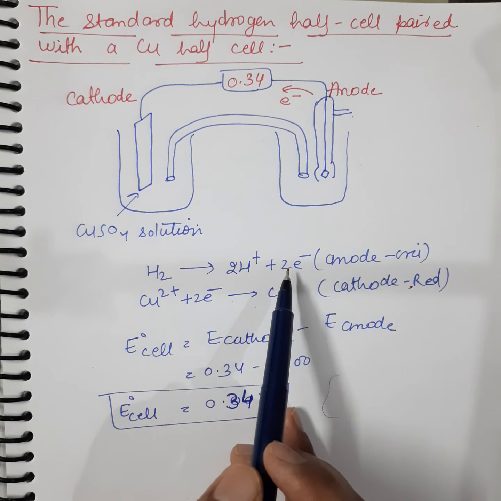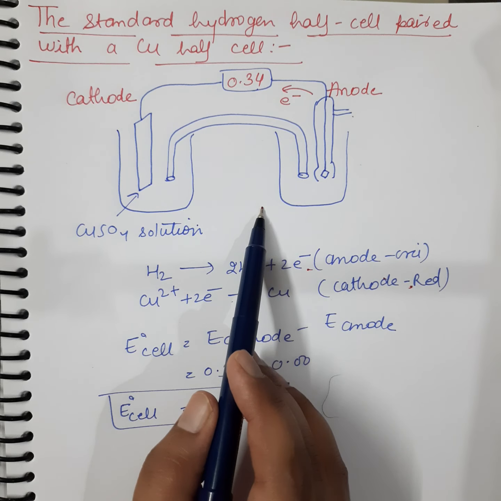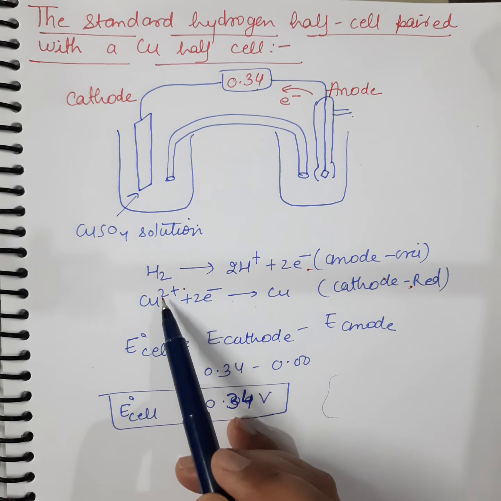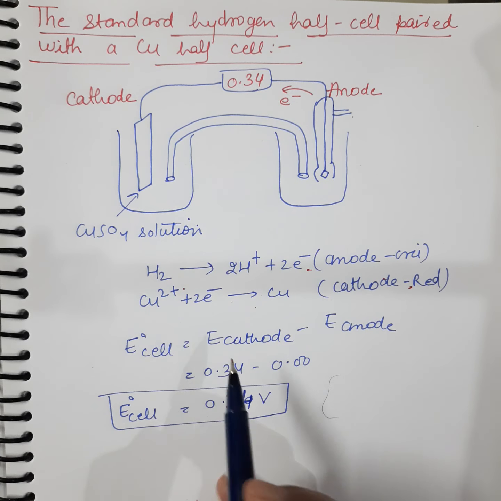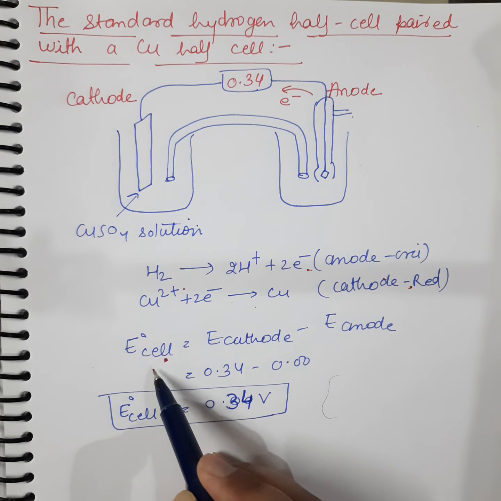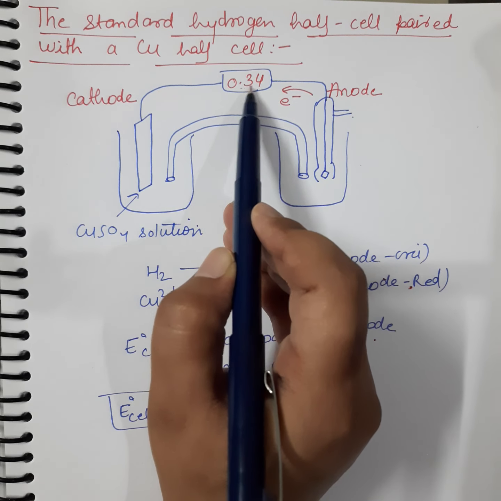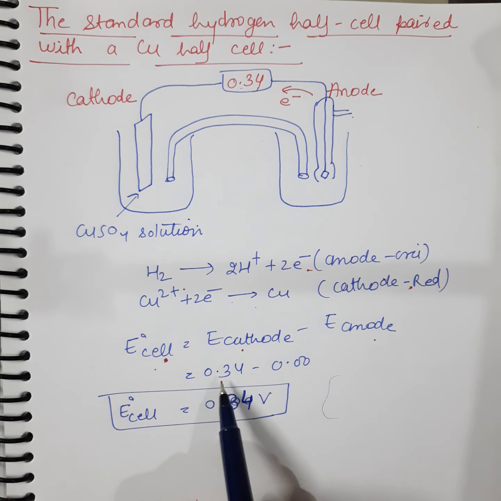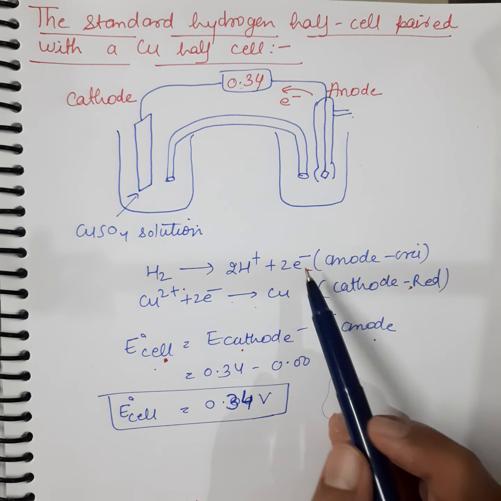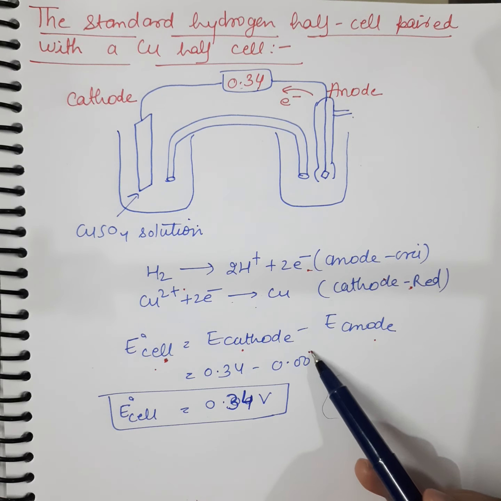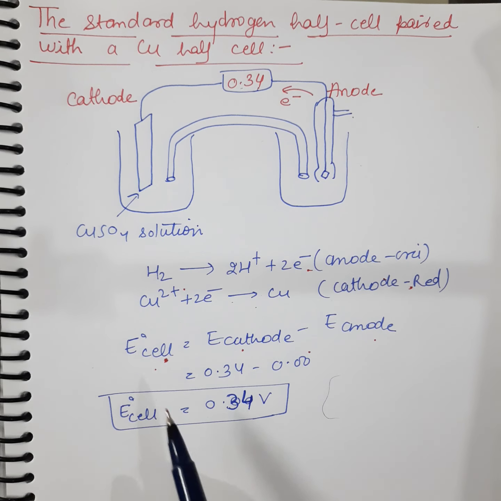And the other electrode works as an anode, which is the standard. So we can write these two half cell reactions. When we measure the EMF of the cell, E naught cell is equal to E cathode minus E anode. The reading we get is 0.34, so I write 0.34 here. And the E naught of the hydrogen electrode is 0.00 volt. In that case, E naught cell comes out to be plus 0.34 volt. By this we can easily measure the potential of other electrodes in the half cell.